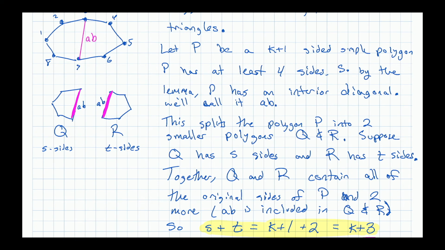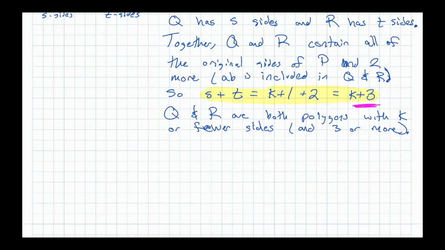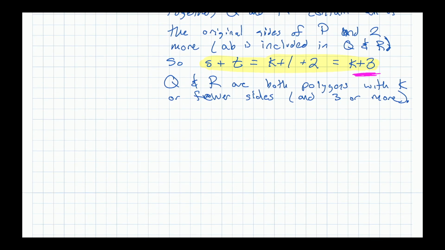3 or more, K or fewer. So Q and R are both polygons with K or fewer sides and 3 or more sides. All right, that means the induction hypothesis applies to them. So that means that they both can be triangulated. So by the induction hypothesis, Q can be triangulated and R can be triangulated